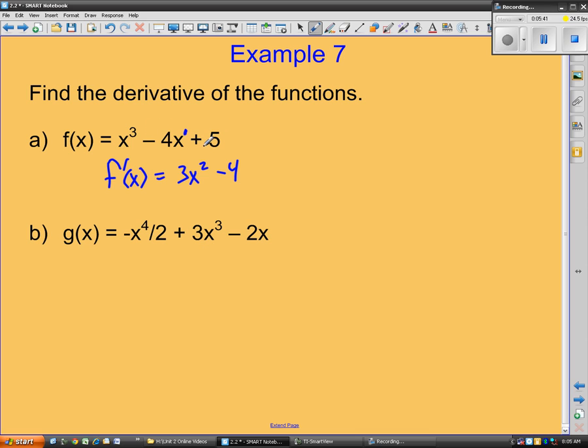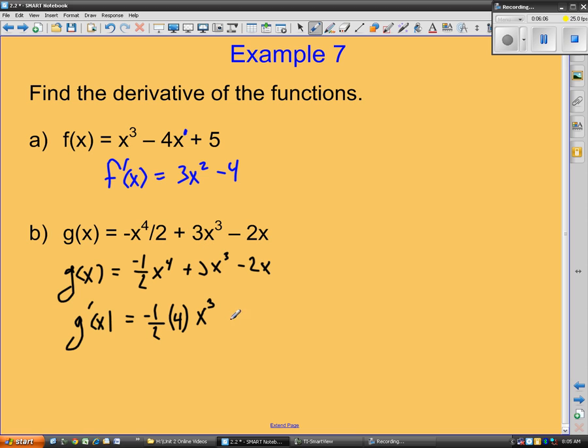So for g of x down here, I would start probably by rewriting it to make things a little bit easier. I've got negative 1/2 x to the 4th plus 3x cubed minus 2x. So now if I go ahead and differentiate this, I can use the power rule, so it's negative 1/2 times 4 x cubed plus 3, now multiply by the power and then reduce the power by 1, minus 2, and when I multiply by the power, which is 1 there, it becomes times 1, but then x to the 0 is also 1, so I get a 1, so I lose my